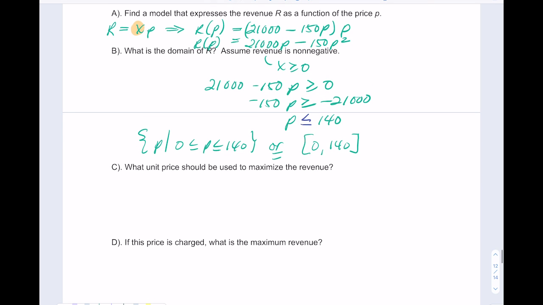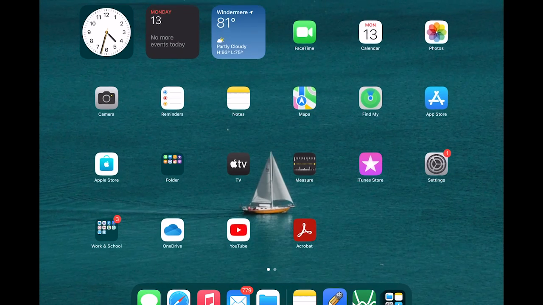Letter C says, what unit price should be used to maximize the revenue? So remember, unit price refers to X. Maximize always refers to the Y value. So we're trying to figure out, at what price should I use to get the most revenue? So I'm dealing with the vertex here, and I need to find the X value of the vertex. Because if you were to graph this equation, it would be an upside down parabola. You can take a look if you were to type in